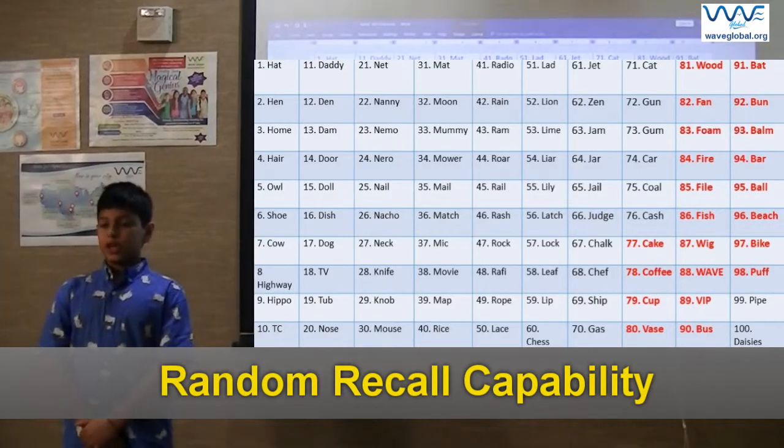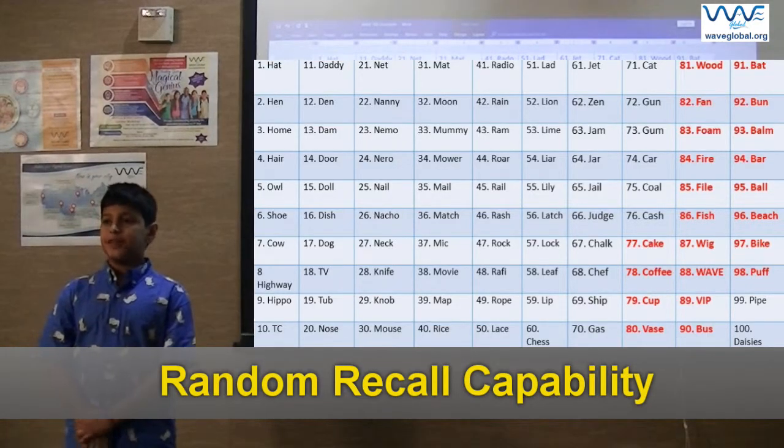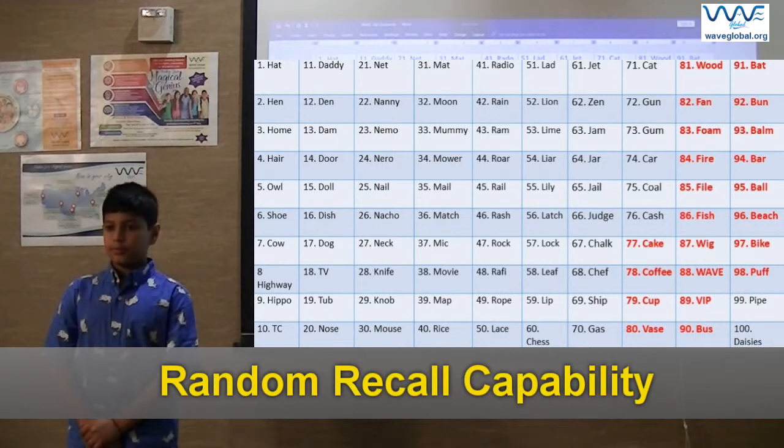Cake, coffee, cup, vase, wood, fan, foam, fire, file, fish,